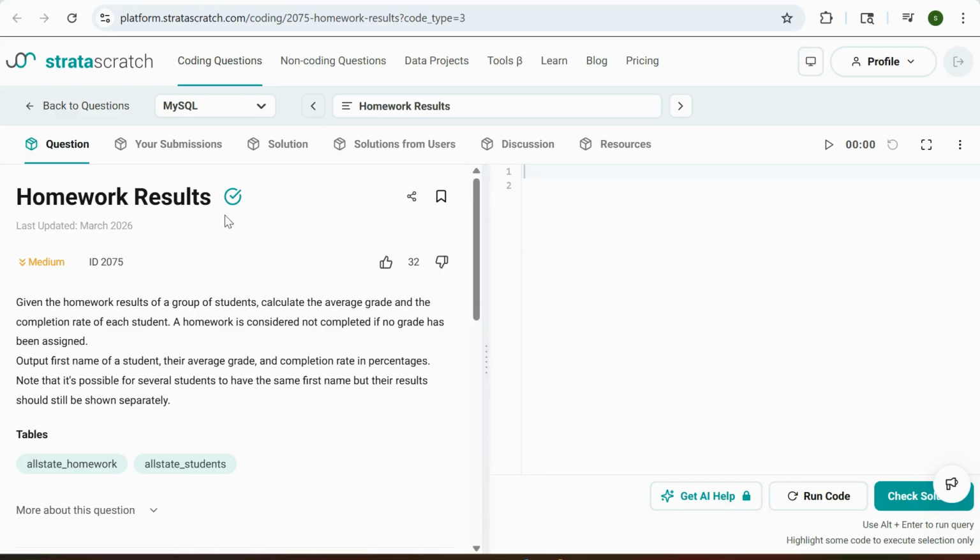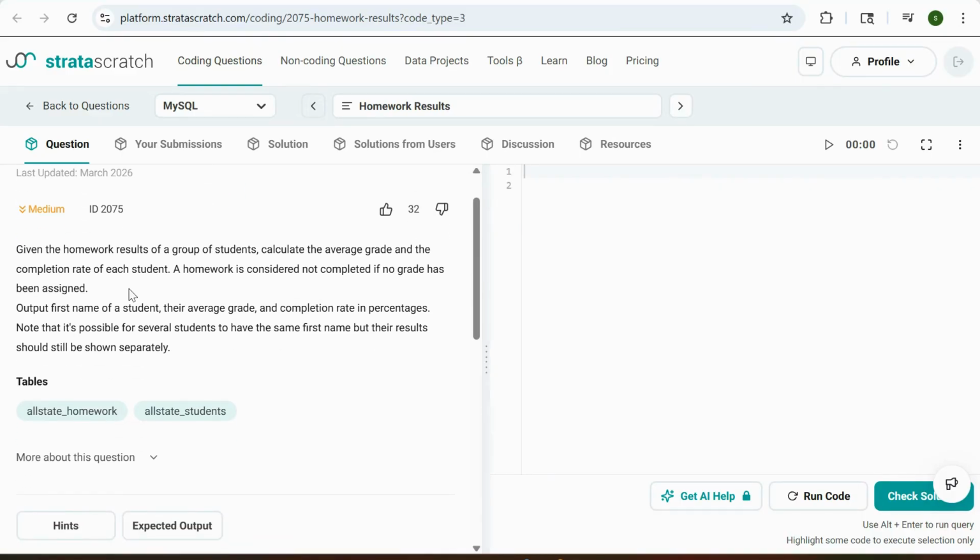So let's get started. The question is homework results. Given the homework results of a group of students, calculate the average grade and the completion rate of each student. A homework is considered not completed if no grade has been assigned. Output the first name of a student, their average grade, and the completion rate in percentages. Note that it is possible for several students to have the same first name, but the result should be shown